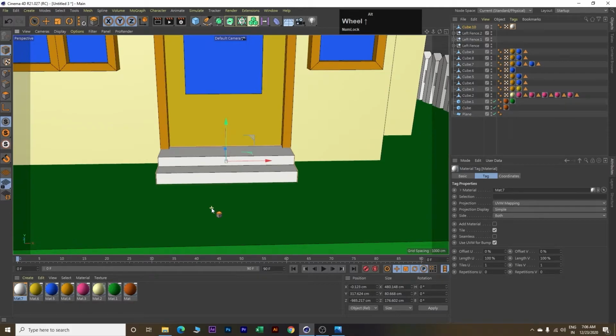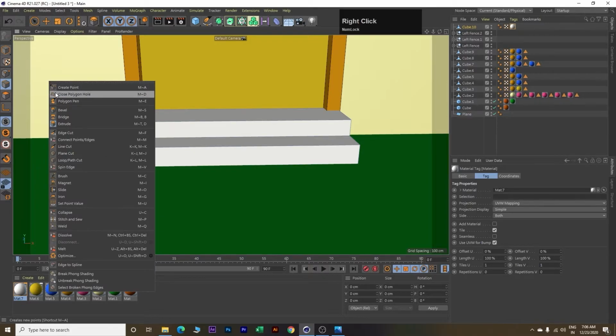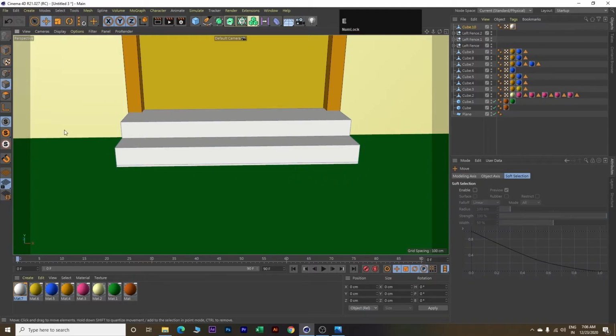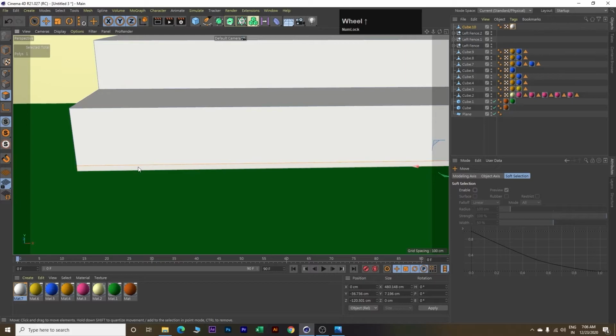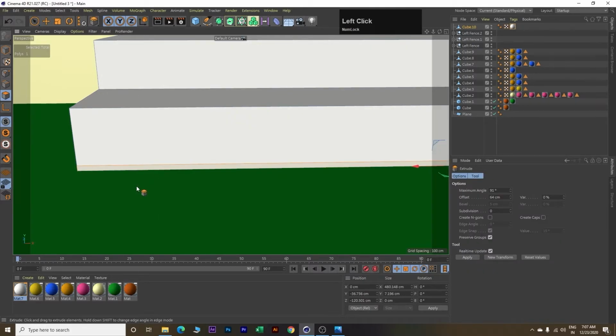Next we will zoom out further. We will click on this edge. We will right click and then select loop path cut and make a cut somewhere here. Then click E on your keyboard, click on this polygon, select this polygon here, zoom, select this, right click and extrude.